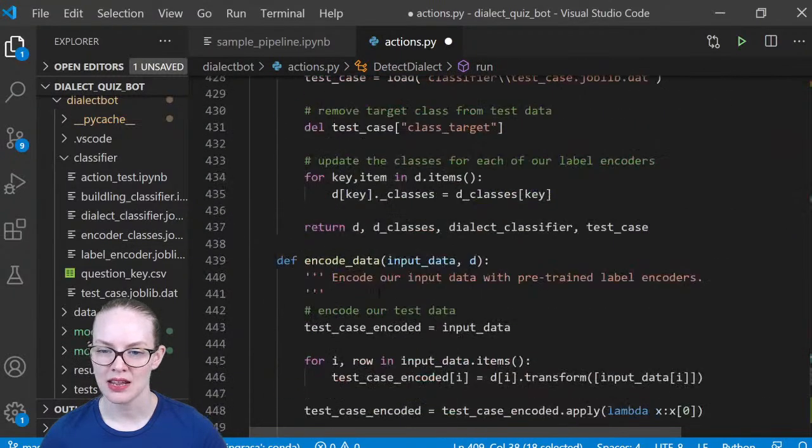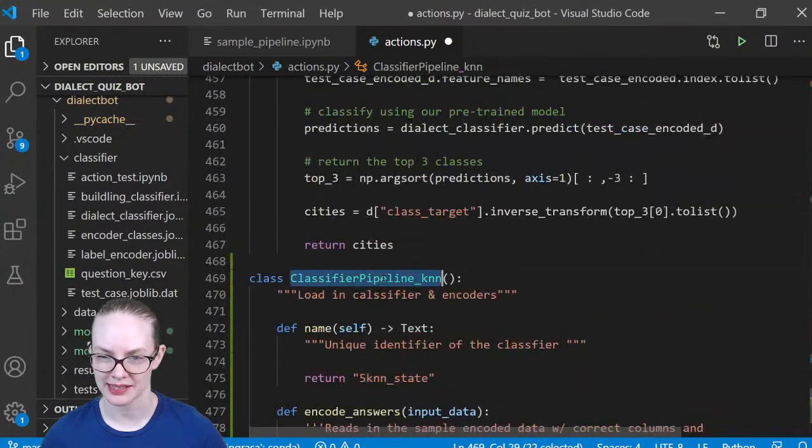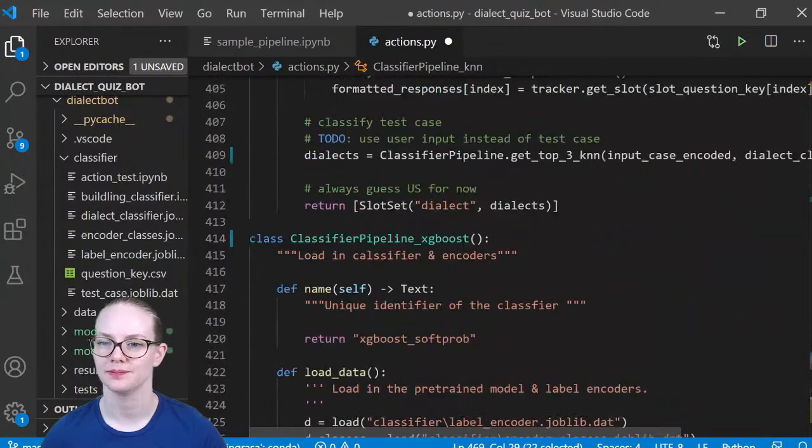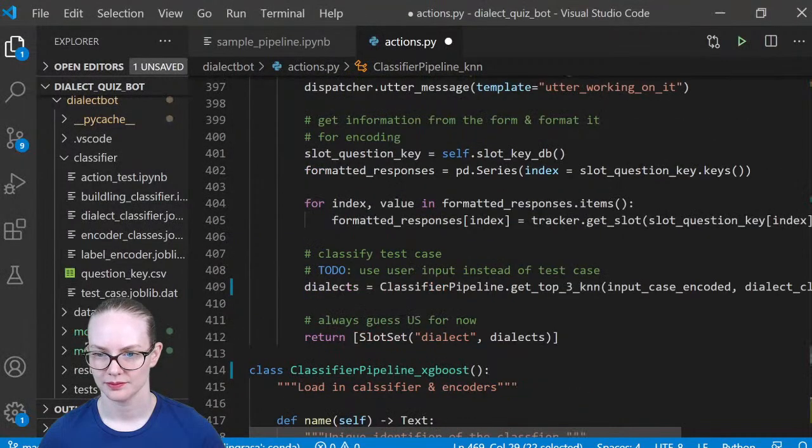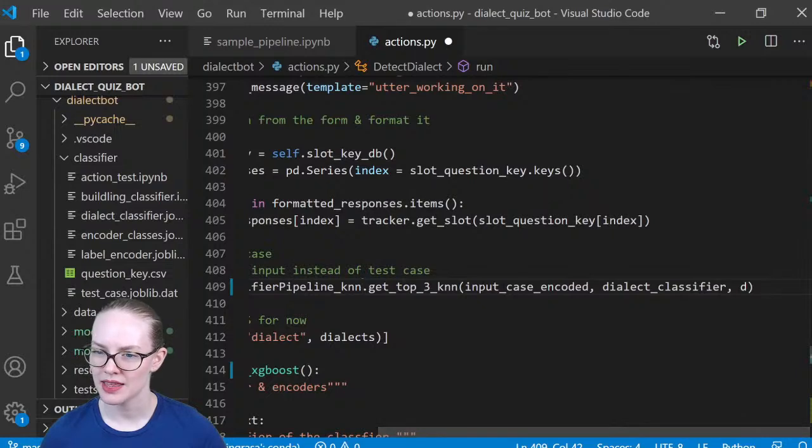And the name of the classifier pipeline is classifier pipeline canon. And then the only thing that it needs in is,